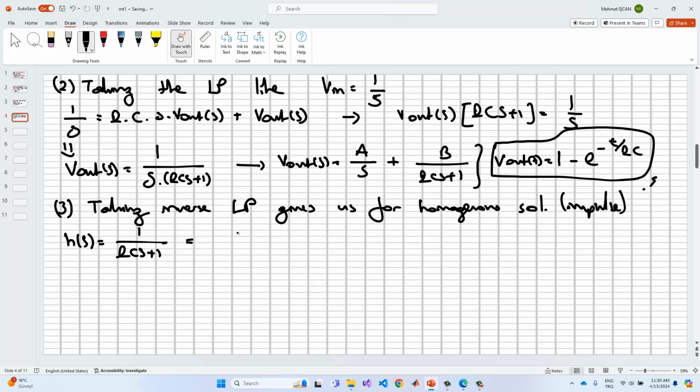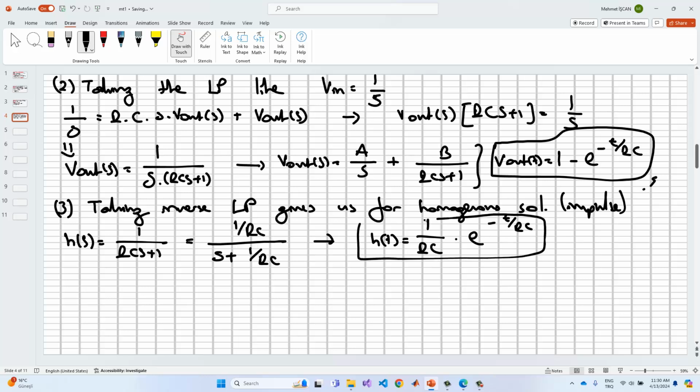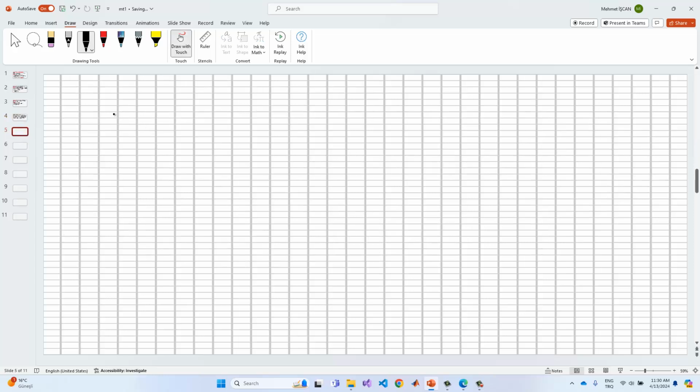Okay? And so this is simplified to 1 divided by RC, over S plus 1 divided by RC, and it yields us H T equal to 1 divided by RC times the exponential term of minus T over RC. Okay? This is the general depiction or representation of the RC circuit in here. This is the impulse response to be used in the convolution integral. Okay? And after that,